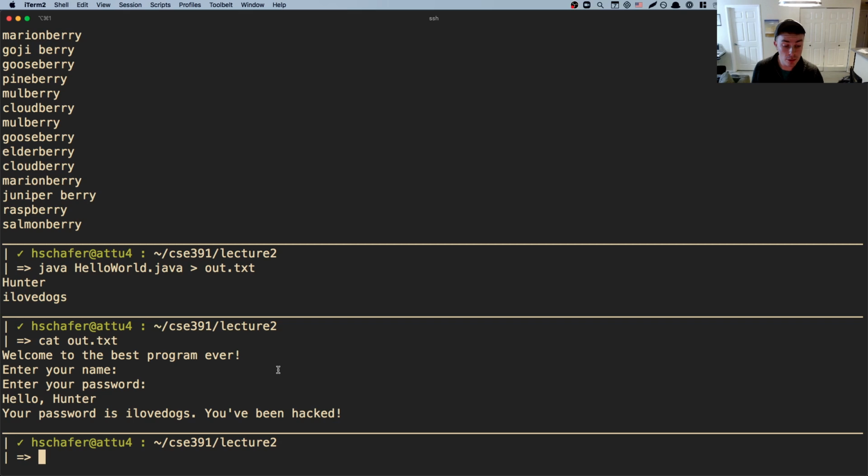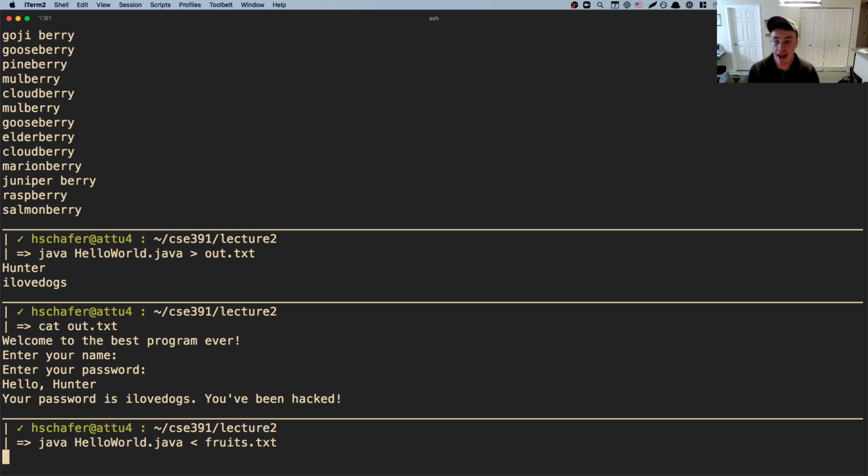Now, you're not just limited to saving standard out to a file, you can also change standard in to read from a file instead. So what you could do is java HelloWorld.java, and then instead of using this right waka for output, use the left waka for input. So maybe what I'll do is input fruits.txt as standard input for this program, and then it's going to